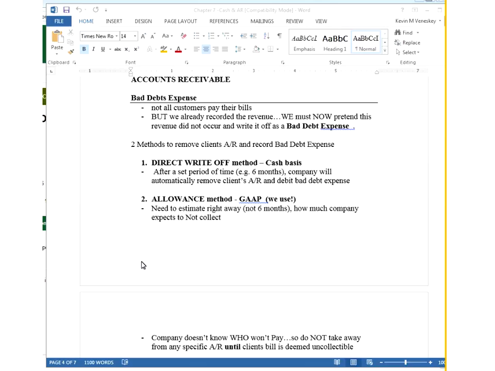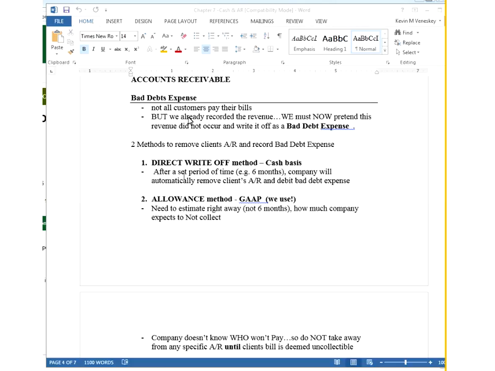Part 3 of this week 9 lecture, our final part, is going to deal with accounts receivable and what happens if someone doesn't end up paying you. And the final part will be on interest and how to calculate interest that you are due but haven't collected yet. So our first part here, accounts receivable, we have to record what's called a bad debt expense for any